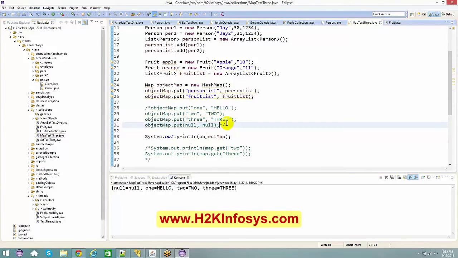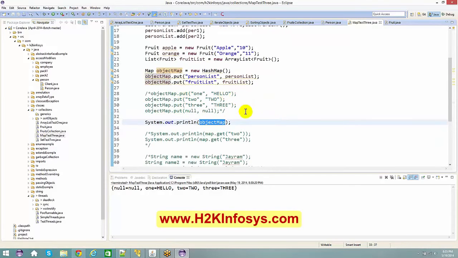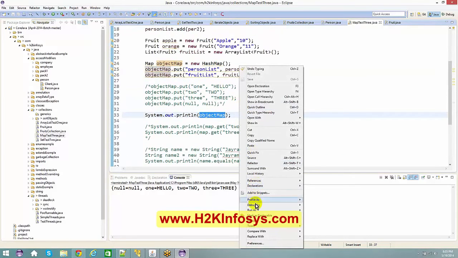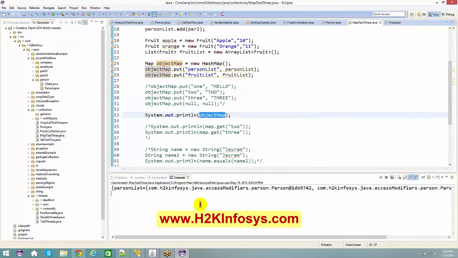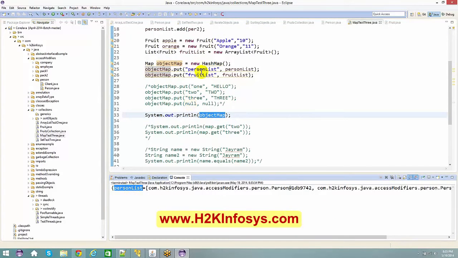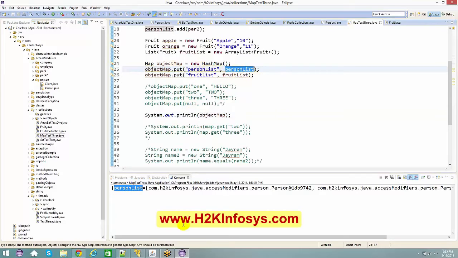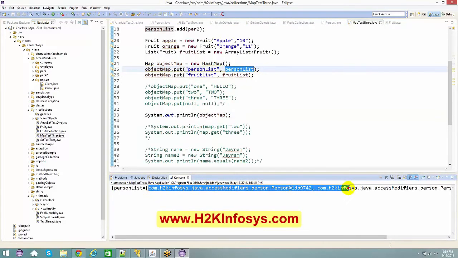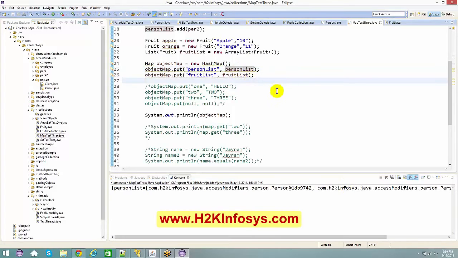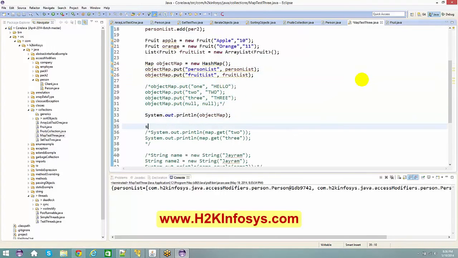And if you just print this object map, right click, run as Java application, you again get the key out here. This is the key, and the value is a person list, so you will not be getting it in the proper way unless you override the toString here. Now how do I access these values? In order to access the object, instead of using an index, it basically takes the name of the key itself. So here in this case I'll just say sysout